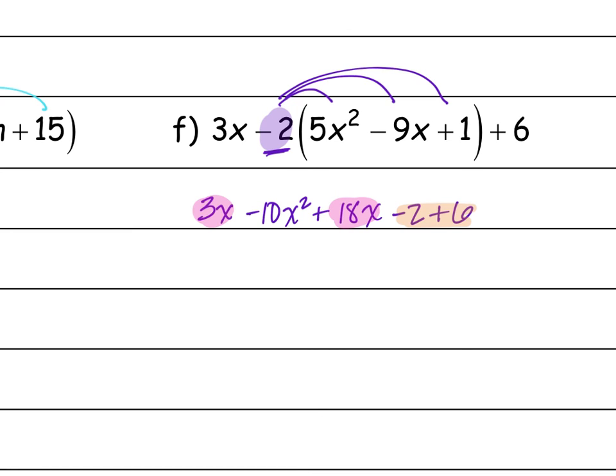Thanks. So I can't combine the x squared with that. Does that make sense? So for them to be like terms, they have to be the same variable raised to the same exponent. This is x squared, and this is x to the first power, so they're not like terms, so I can't combine them together. So then I get -10